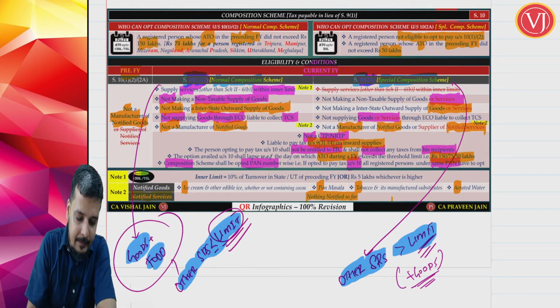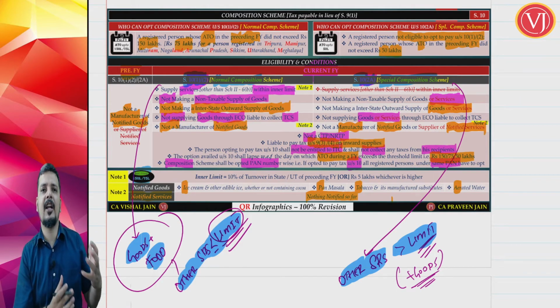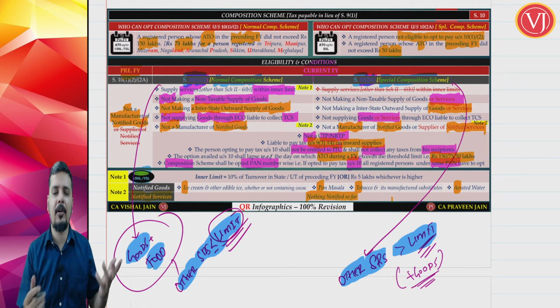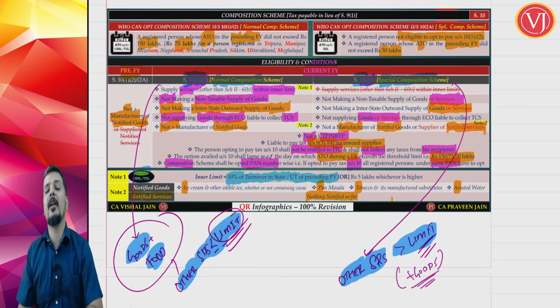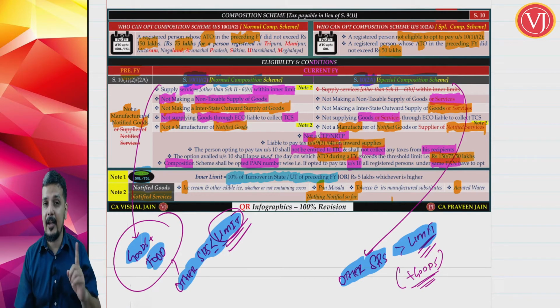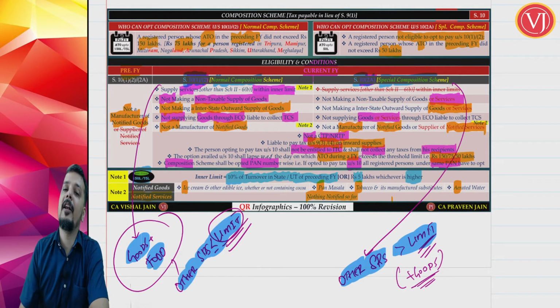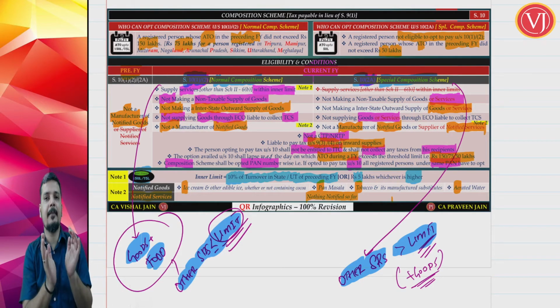That inner limit is actually only for normal composition scheme. If you are within that inner limit, be under normal composition scheme, or else think of special composition scheme, but you cannot go for normal composition scheme. Inner limit is 10% of turnover in the state or union territory of the preceding financial year. Now inner limit is based on state turnover. 10% of state turnover, not aggregate turnover, of the preceding financial year, or 5 lakhs, whichever is higher. So other services you can have up to 10% of state turnover of the preceding financial year, or 5 lakhs, whichever is higher. So that is the maximum